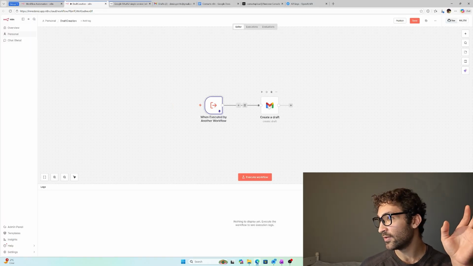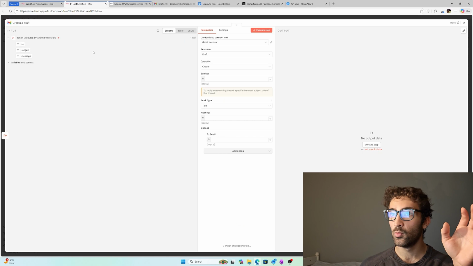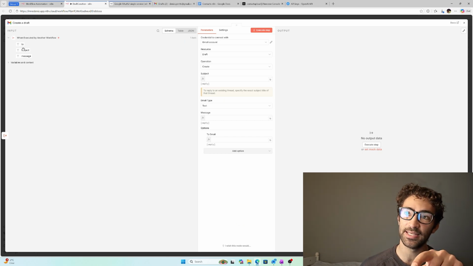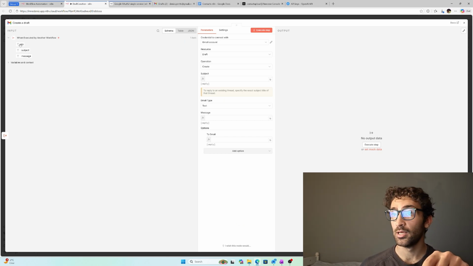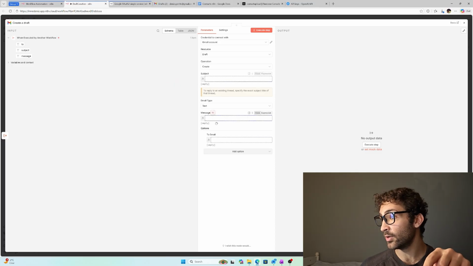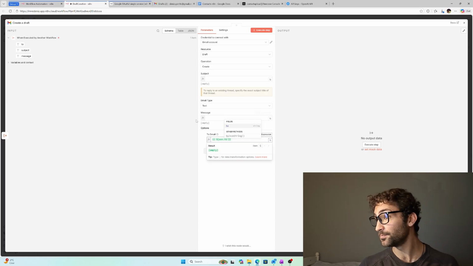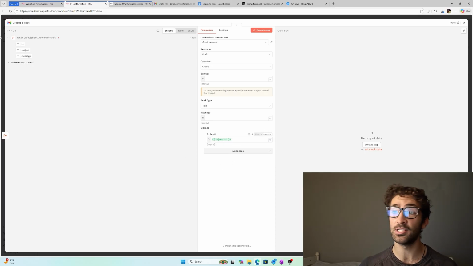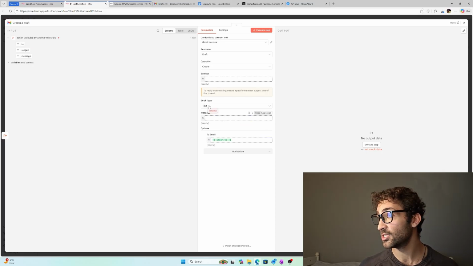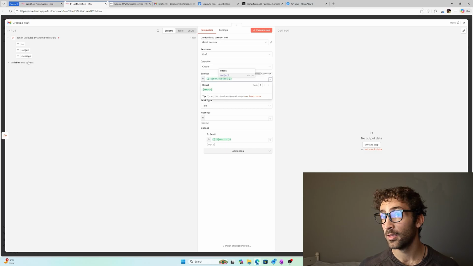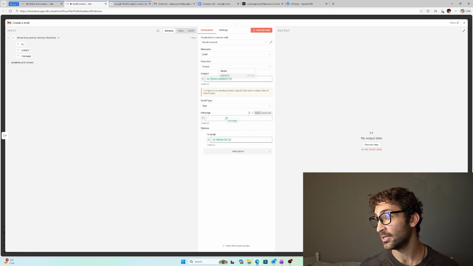However, if we do go over here, now we can see that we have these variables. And so I can pull this variable into the place I want it to be. So our 2 is going to go to the email. This is going to be the email address that we use. The subject is going to be here, and the message is going to be here. This is fine. And if we execute this step,